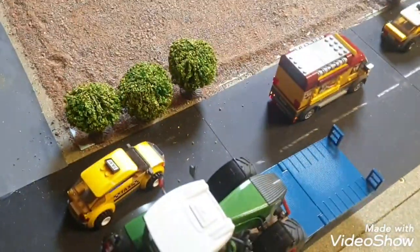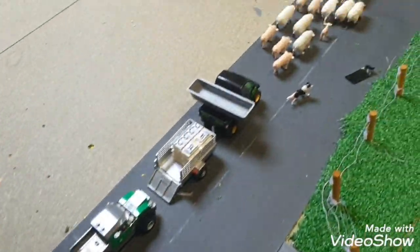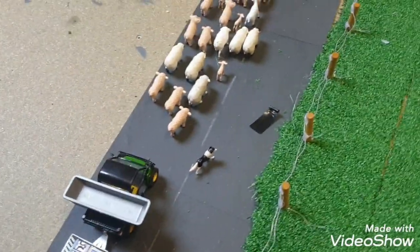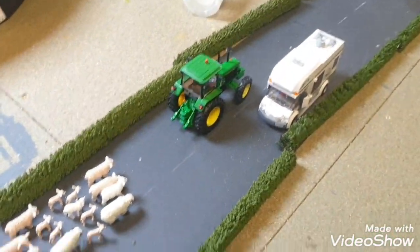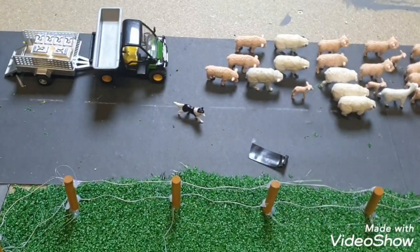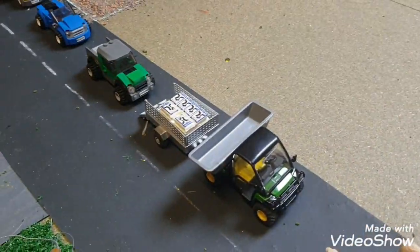So yeah, here now, as you can see, there's massive tailbacks on the main road, and this is the reason. Edward is moving his sheep up the main road, so he is. He's got his son on the 3650 just leading the way, so he's got a sheepdog out in the road, just chasing the sheep. And then him himself in the gator with the big feeding trough that's not even strapped